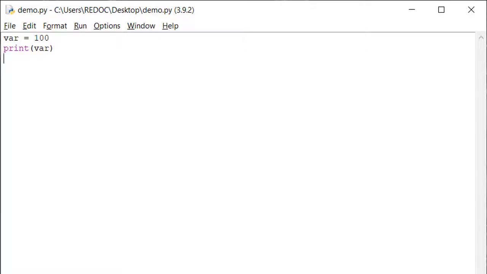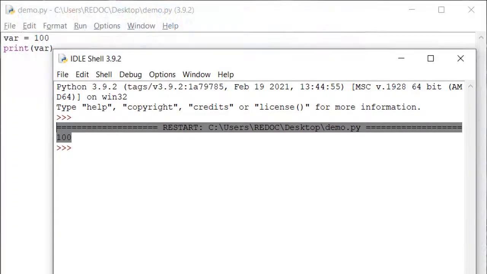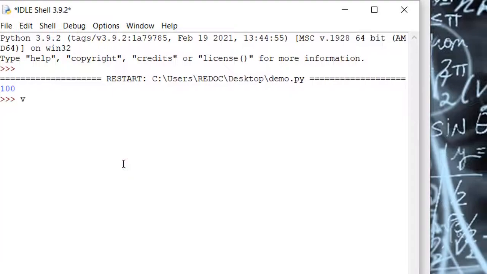So let's see some valid and invalid combinations of variable names, right? If I write var, is it a valid variable name? Yes. How can you check? If you write var is equal to some value and if no error is there, then it's okay. var is successfully created and it's a valid variable name.